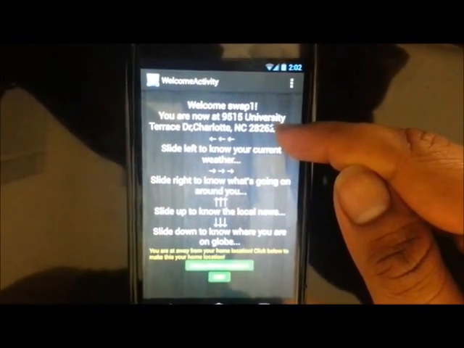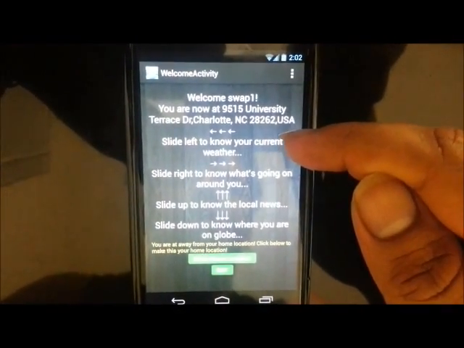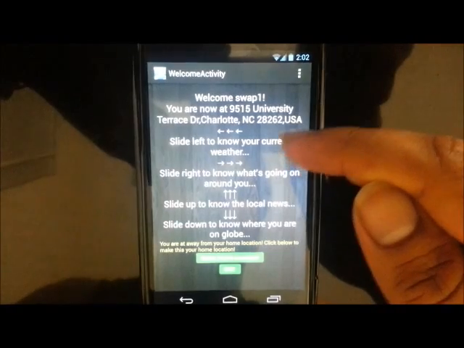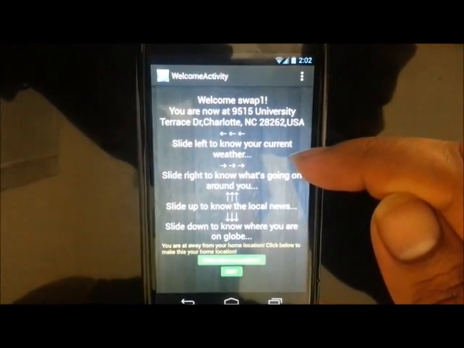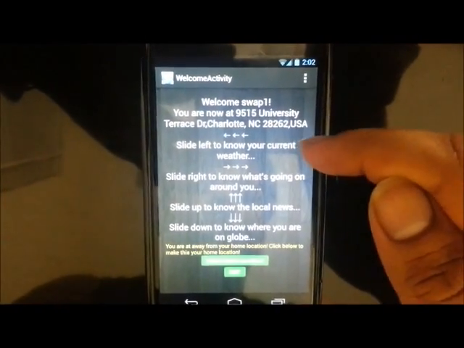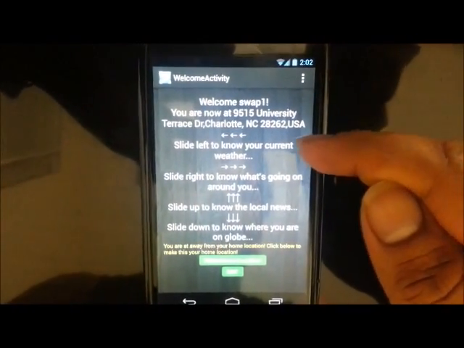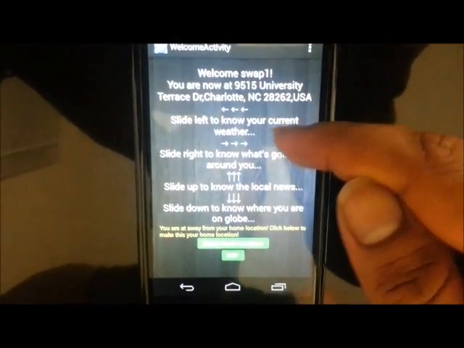This is the field which shows its address. Here we have used reverse geocoding. We have used network services to find out the latitude and longitude of the current location, which is converted to the address. We find out the address using reverse geocoding. As we see, the current location zip code over here is 28262.